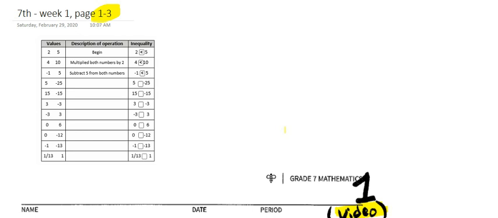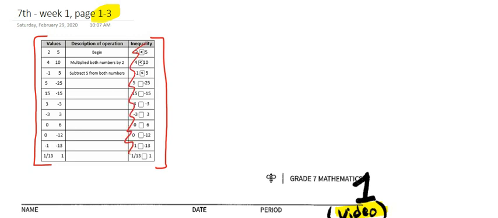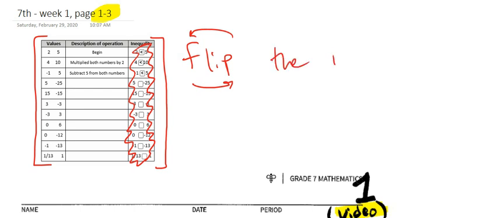Let's get started. And actually, before we even get started, I want to remind us of what we just did on Friday, this brain teaser. You don't have to get the paper out, and I'm not going to redo it all here, but there was one main idea. Remember when we did all the brain teaser, and when we looked here, we saw sometimes the sign flipped. We have a poster up in the front of the room that says why, but I just wanted to remind us. Remember, you flip the inequality sign